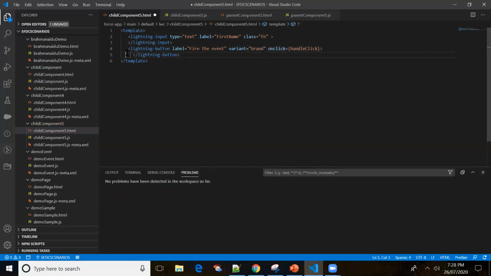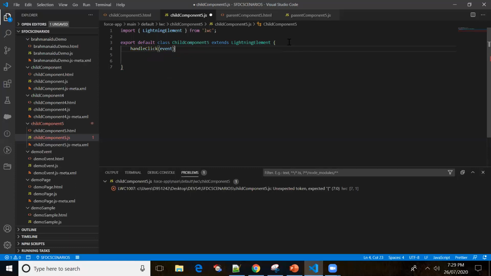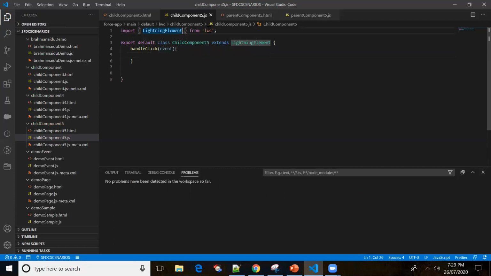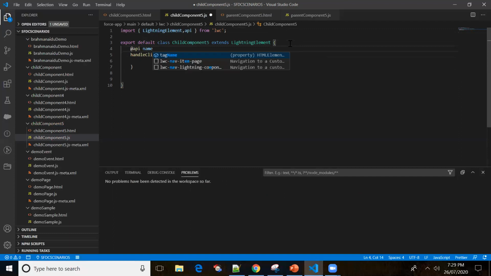Now I'll write this handle click method in the JavaScript. I'll declare one variable. I'm just importing the API property, name.